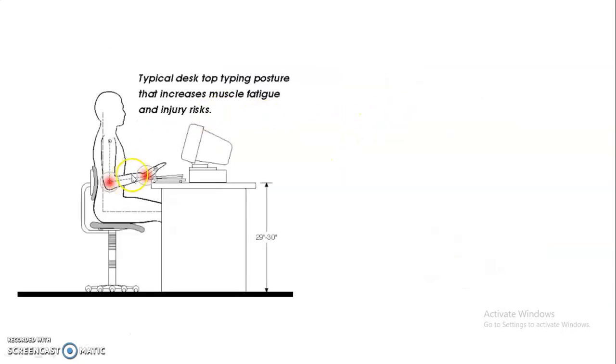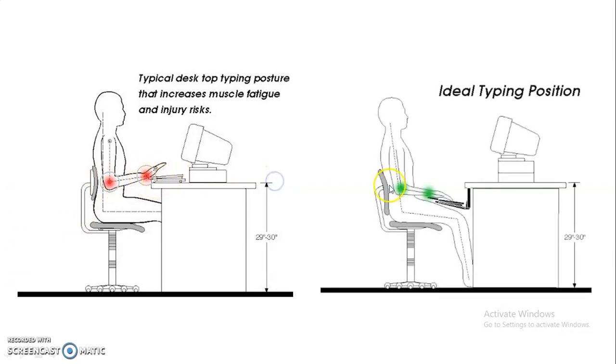Typically people type on the desktop with the keyboard like this. Ideally you must have seen that your keyboard has an angle at the back which you can raise, to raise your keyboard. But that is bad for your wrist and elbows, right? It will strain your wrist and your elbows also. So what you have to do is keep it in a sloping position, in which your elbows and wrist are in the neutral position. Your wrist is not rising above to hurt your other tissues.